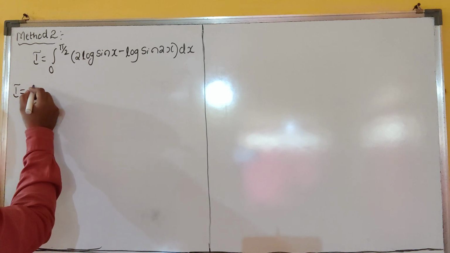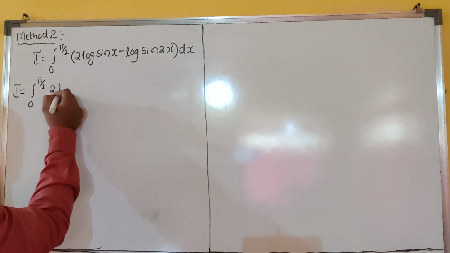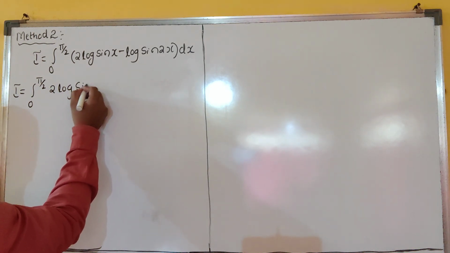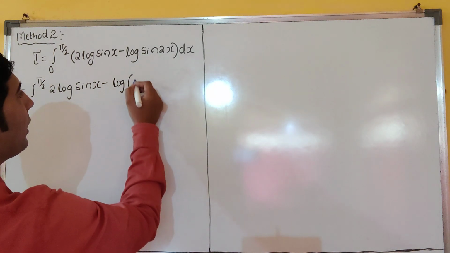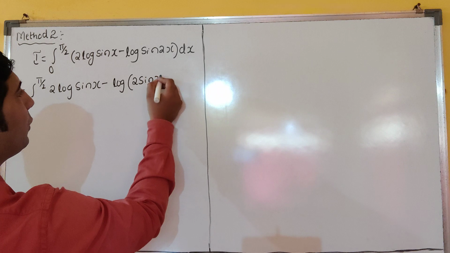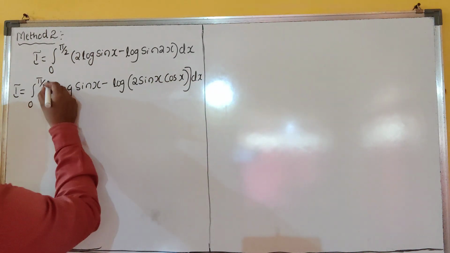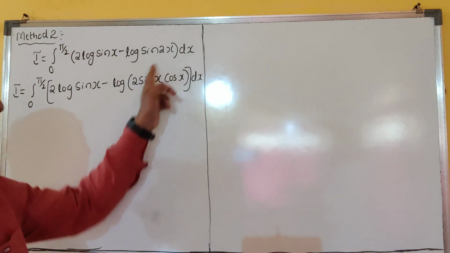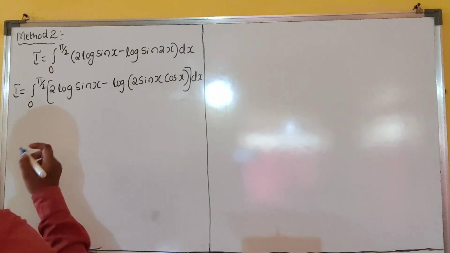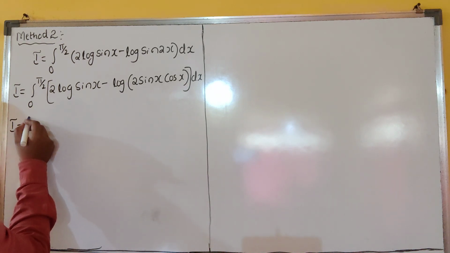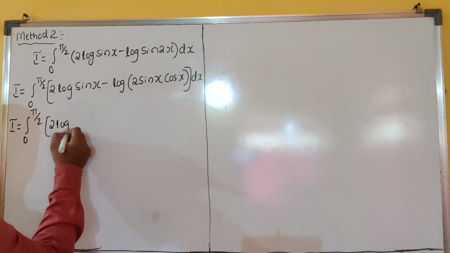Now see here how to solve this one. I is equal to integral from 0 to pi by 2 of log sin 2x dx. Now sin 2x is nothing but what? Just now I told you, sin 2x is 2 sin x into cos x. Will you agree or not? Sin 2x is nothing but 2 sin x into cos x. Clear? Now this is very interesting: integral 0 to pi by 2 of log of 2 sin x cos x.